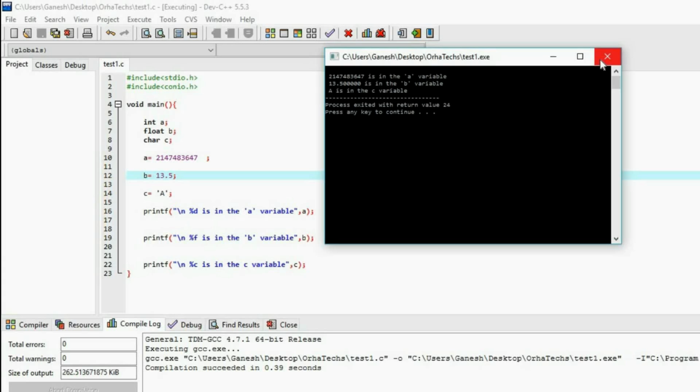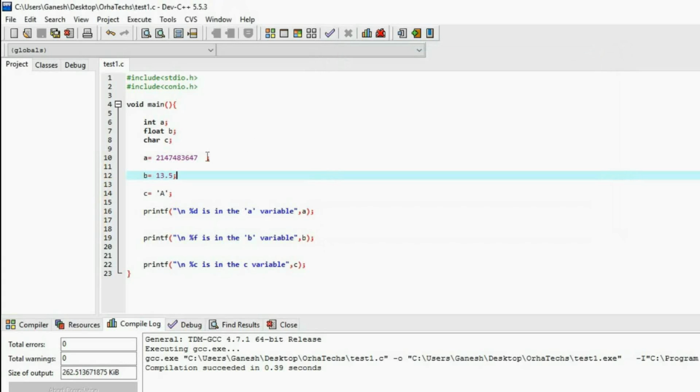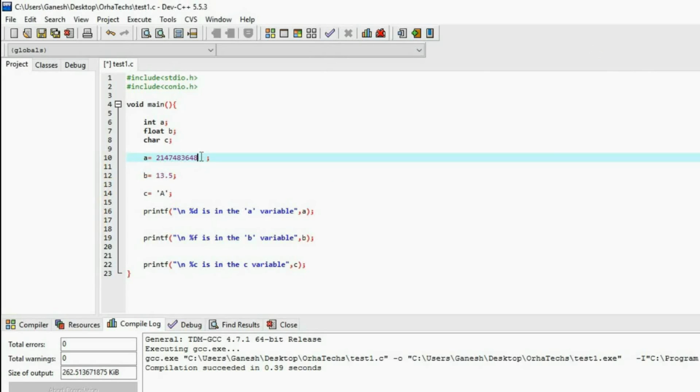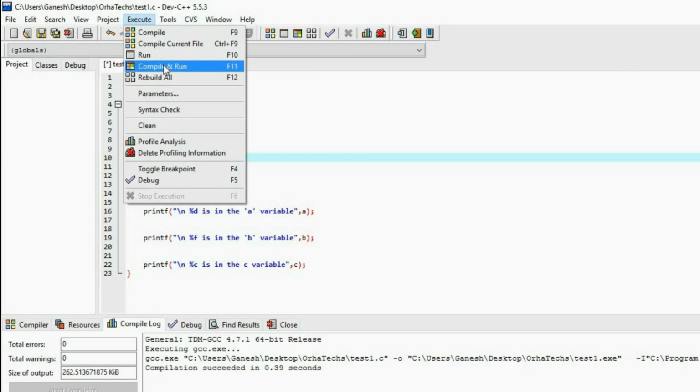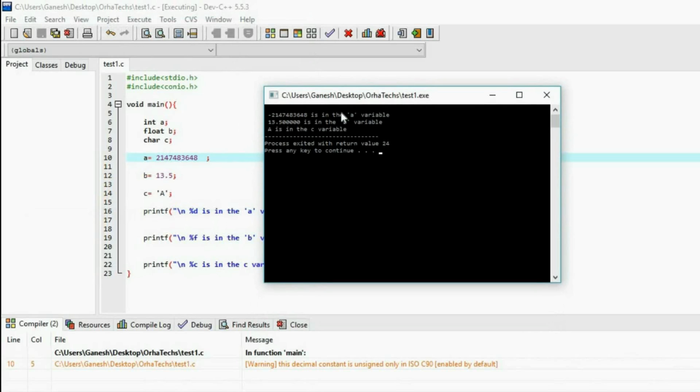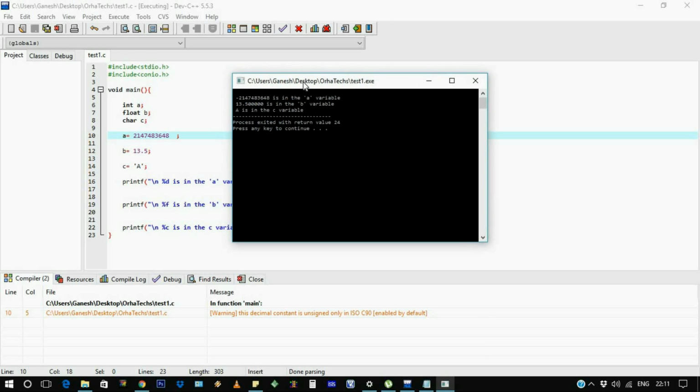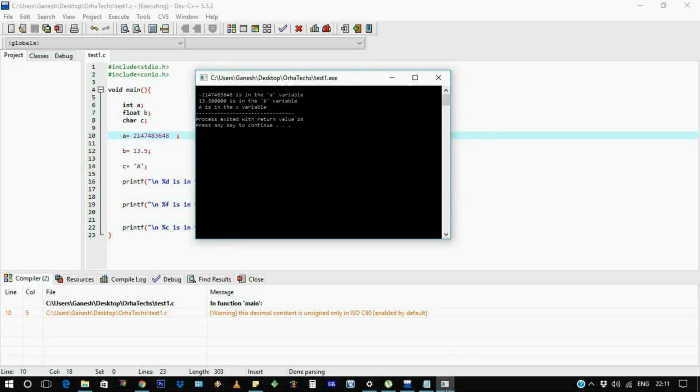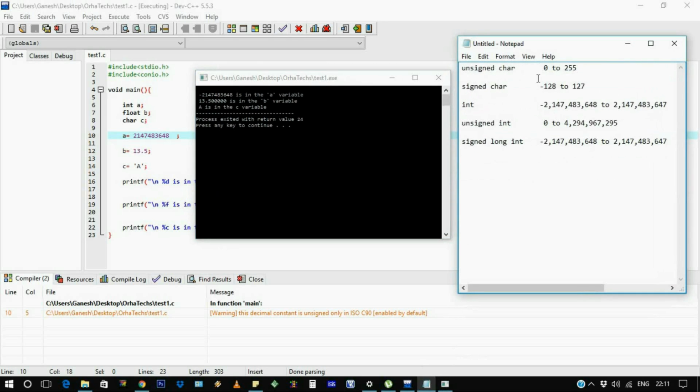But now I want to tell you something: I chose this bigger number because there is a reason behind this. Let's add one, it's 47, I want to make it 48. I did it 48, and let's see what happens. Compiling and run. Here, you can see that I've given a positive number and here it is showing negative. Maybe it's an error or what, I don't know. Maybe I do have an answer for this, and the answer is right here in this notepad. You can see